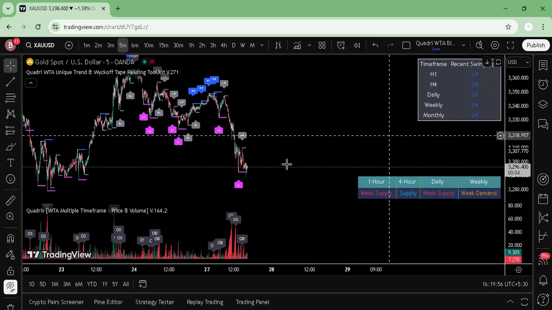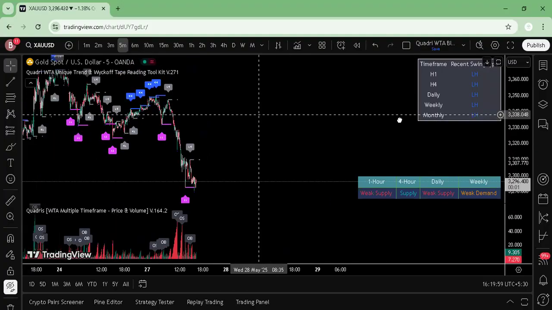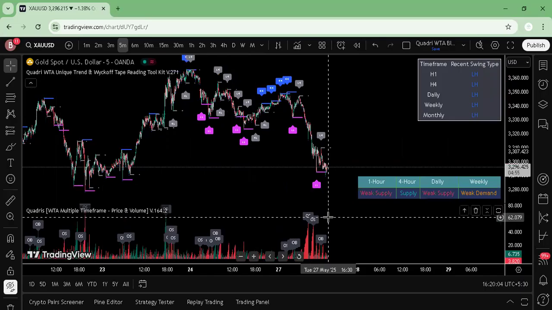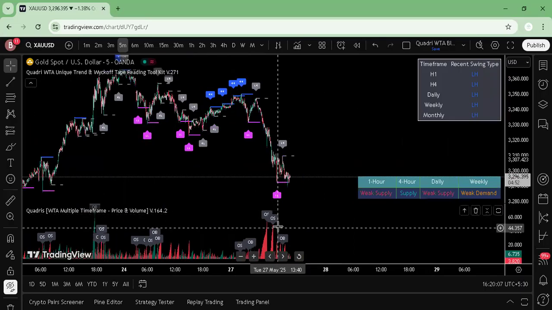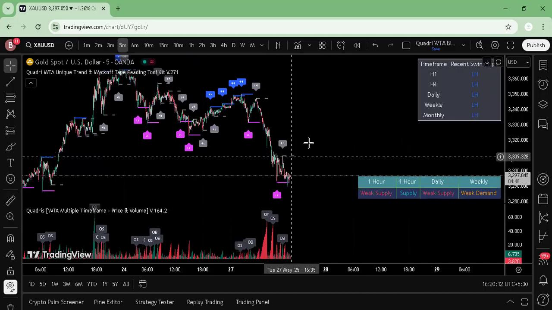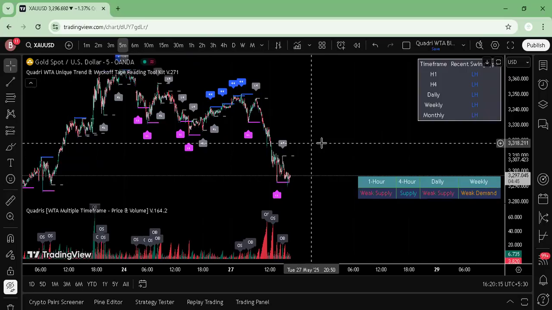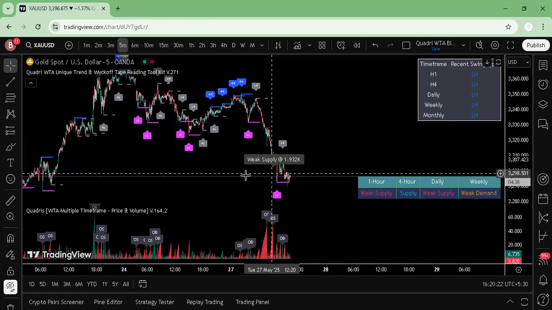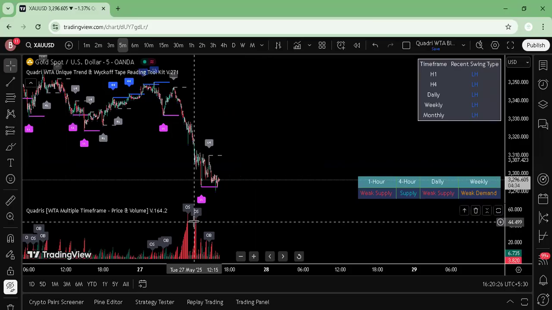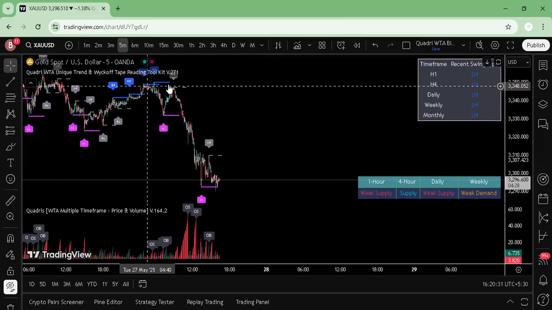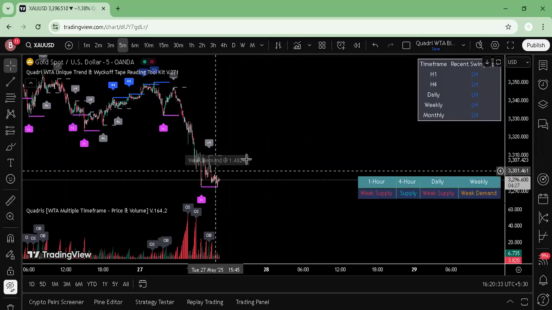So once I get my levels, I see whether the trend is up or down based on my trend analysis tool. And then after that, for taking a position, I look into whether the volume is in my favor for either shorting the market or going for a long opportunity. Depending upon the scenario of the current market, this particular Wyckoff Wave upgraded indicator as well as this toolkit helps me in identifying the flow of the trend.